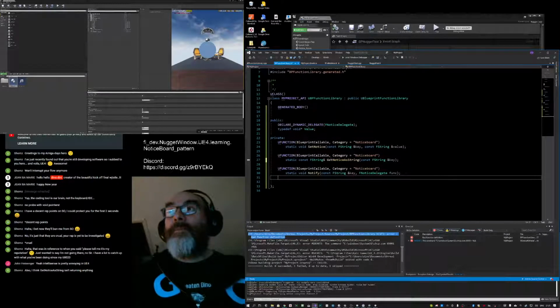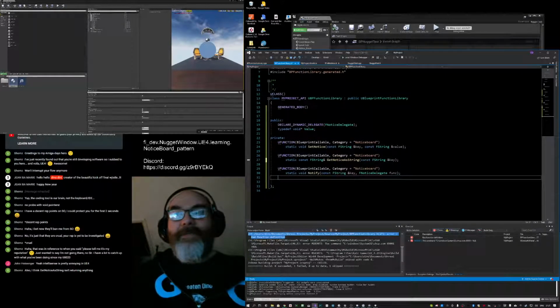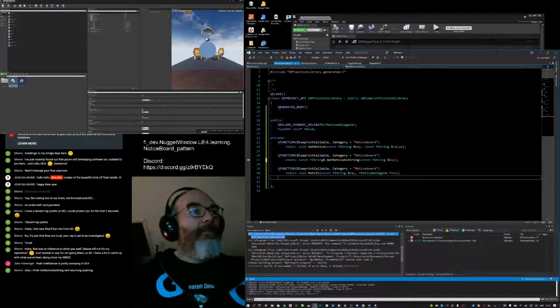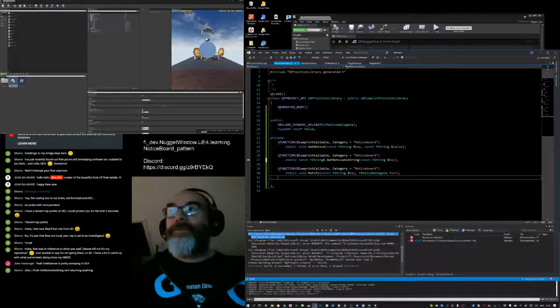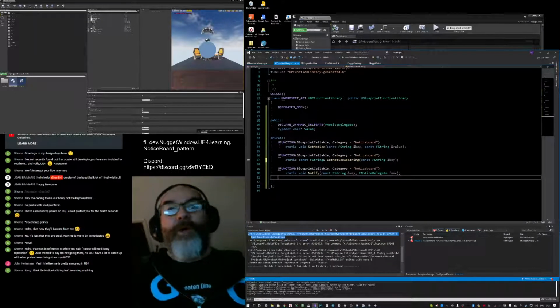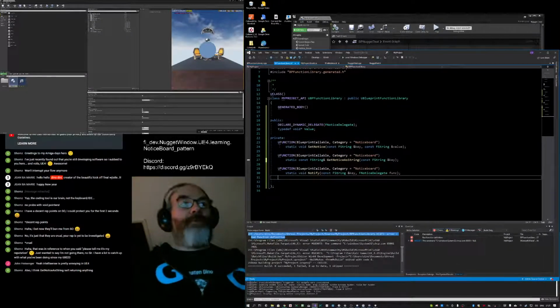This is a classic problem. I call it the binding problem. Got things that happen at runtime and they need to be bound to things that were defined at compile time. It's a really tricky problem, and I used to teach students about that too. Different ways of doing it, and the way that they're doing it here is they actually have a tool that compiles code which is included in the code base.